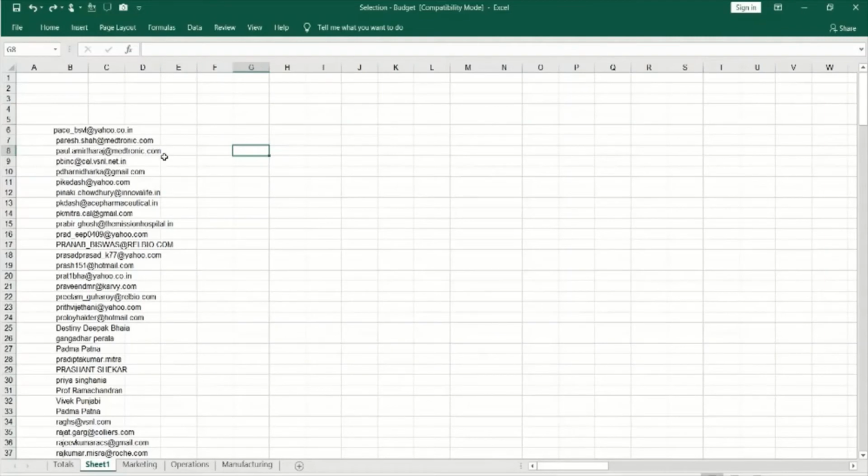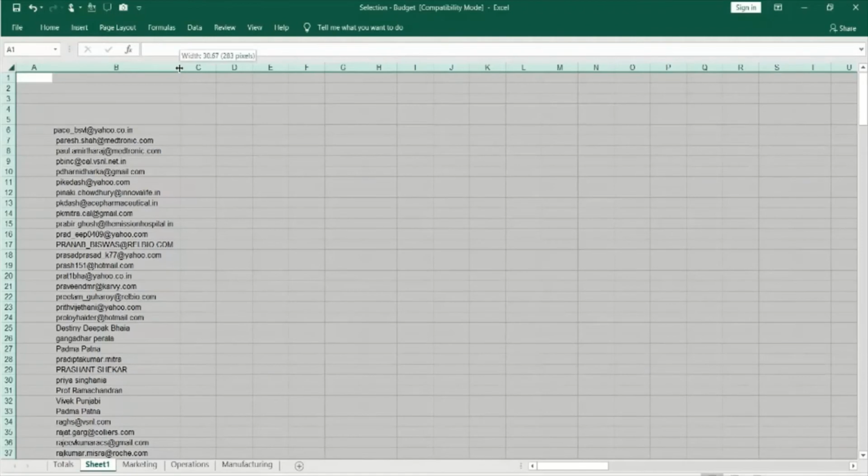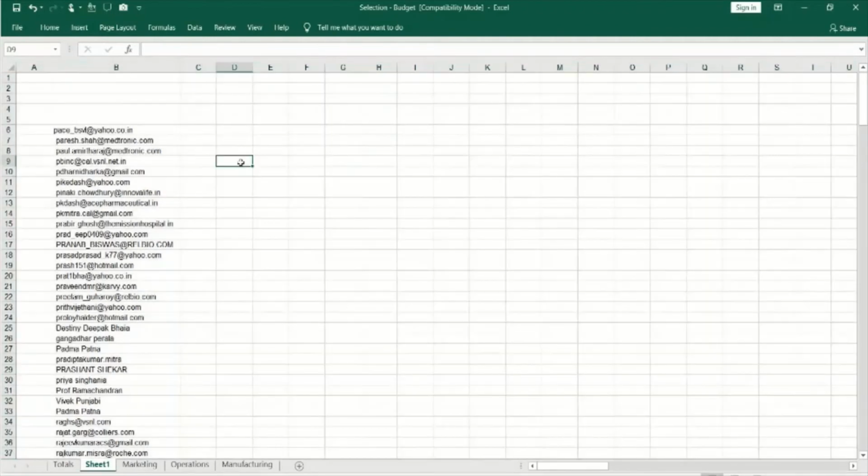How do we adjust the column width according to the maximum characters of the lengthiest cell? Just take the mouse pointer between B and C, double click on that, and it gets automatically adjusted. If you have multiple columns with different widths, select the entire sheet and then double click, and the columns automatically adjust.